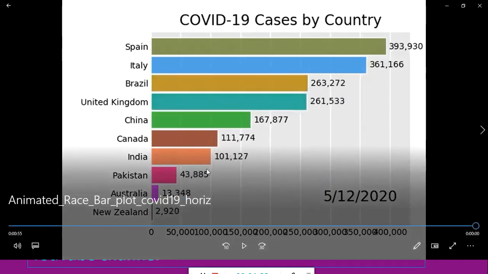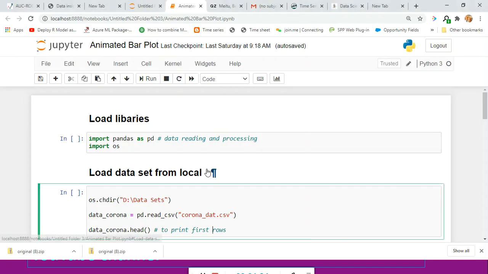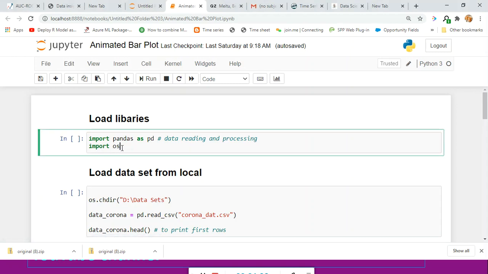So let's go to our Python Jupyter notebook. First we need to install some important libraries. I am going to import the pandas library as pd and import the os library for reading any file from a particular address.